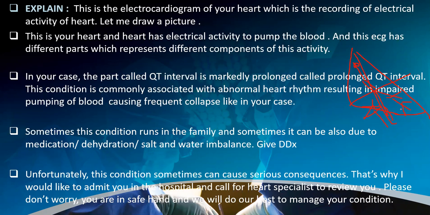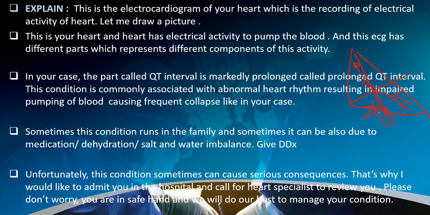Your heart has electrical activity to pump the blood to the whole body. And this ECG has different parts which represent different components of this activity. In your case, one of the parts in the ECG called the QT interval is markedly prolonged, and we call this condition prolonged QT syndrome. This condition is commonly associated with abnormal heart rhythm, resulting in impaired pumping of blood, and that causes frequent collapse